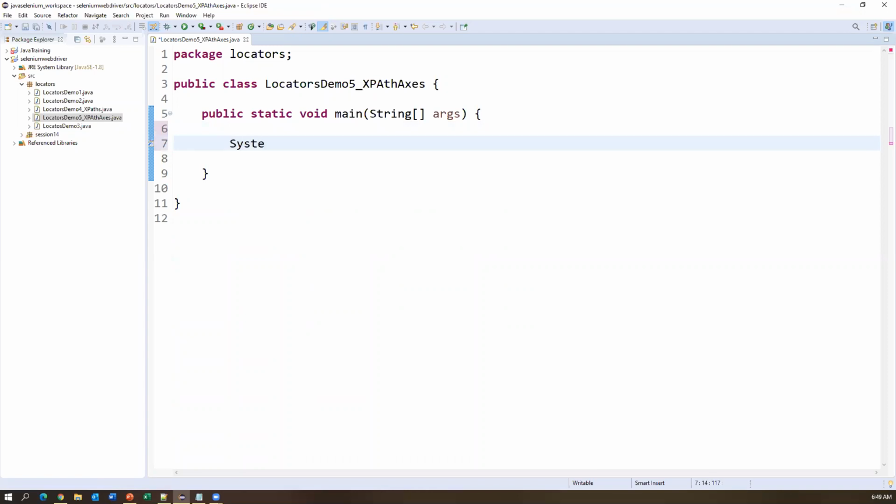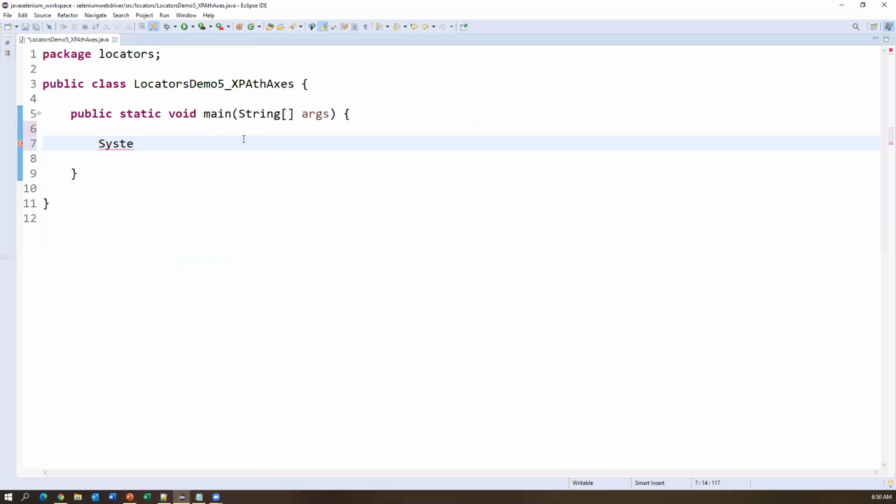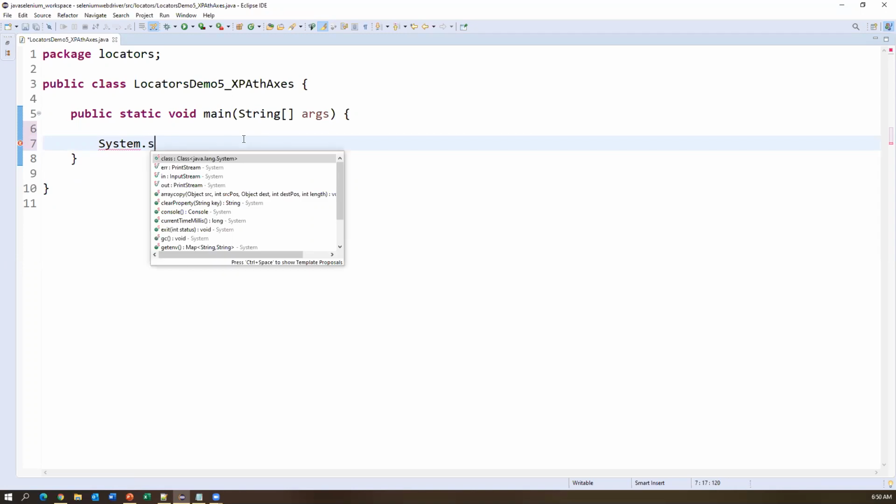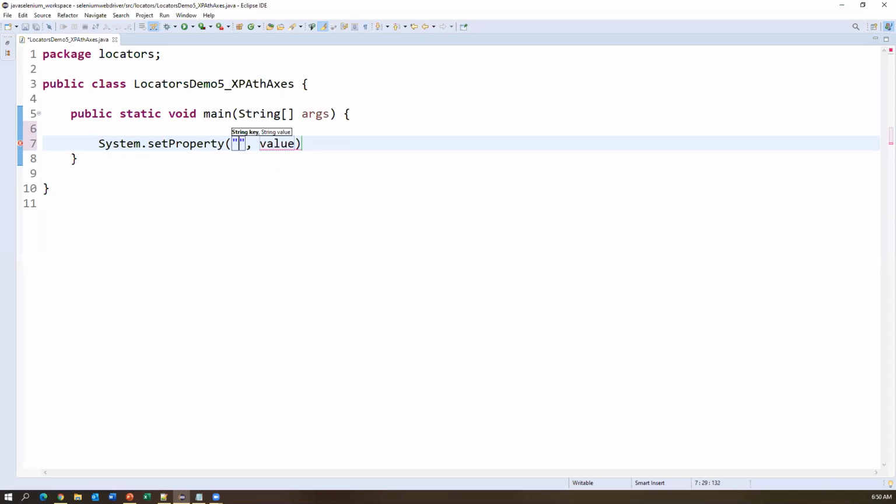I'll use System.setProperty, and here we have to specify the key for the browser, webdriver.chrome.driver, since I'm launching my Chrome browser, and pass a value that is the location of your driver. This is the location of my driver.